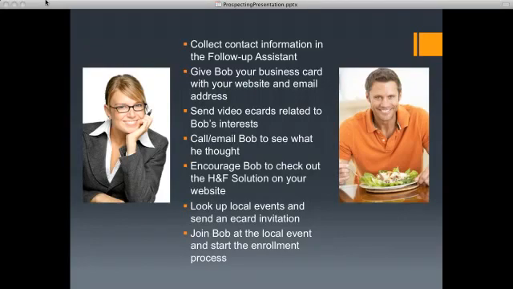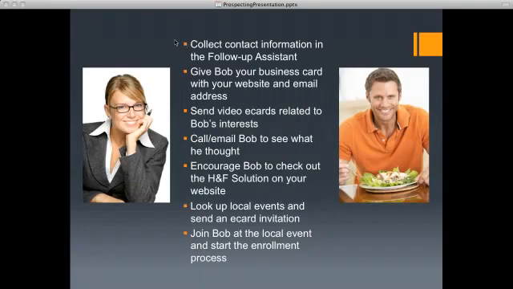All right, so that kind of kicks off the introduction, per se, between Sally and Bob. And from that point forward, Sally starts working this lead. And she has, like I said, a number of tools at her disposal to do so. In a potential scenario, right here I've got listed: